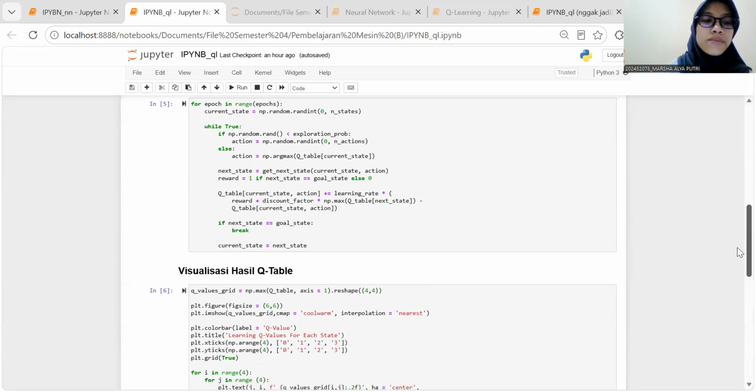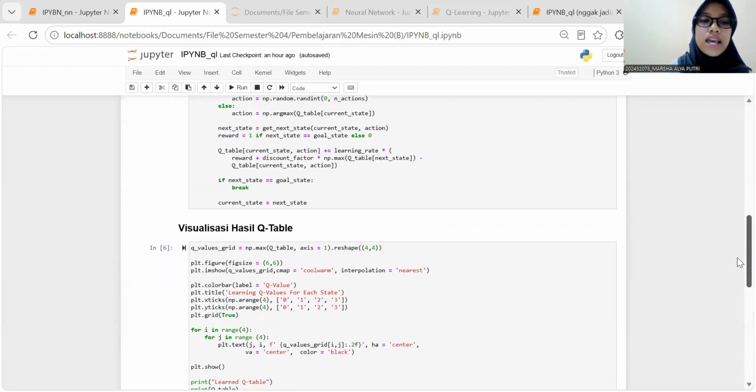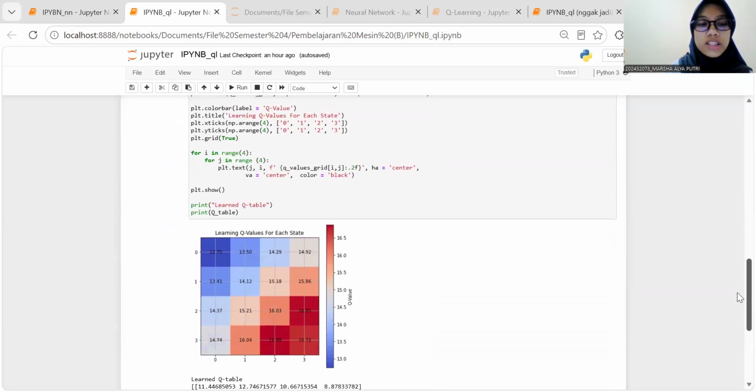After the training process is complete, the program visualizes the learned Q values. The visualization shows the maximum Q value for each state, allowing us to understand how well the agent has learned the optimal policy, as the highest Q values indicate better decisions learned by the agent.